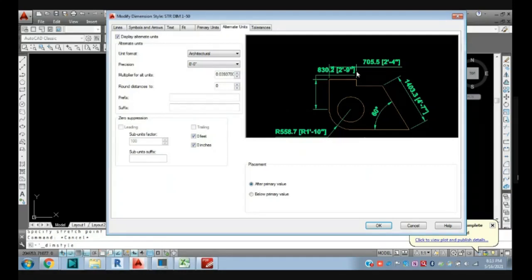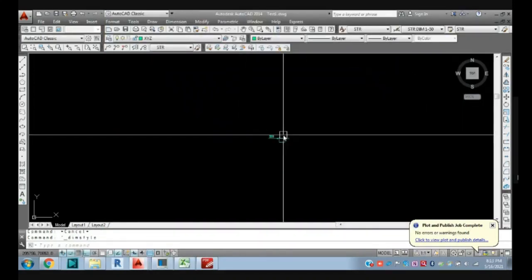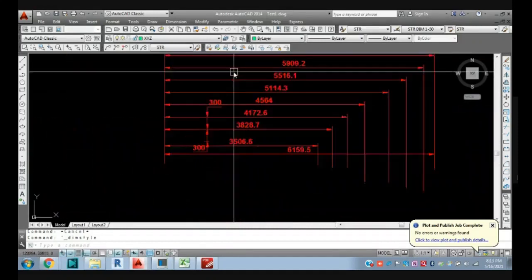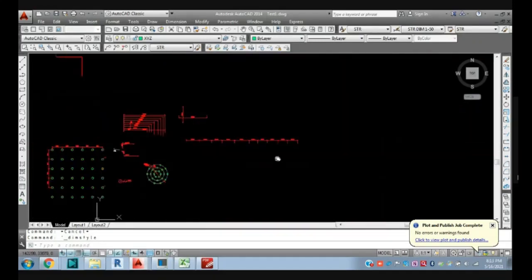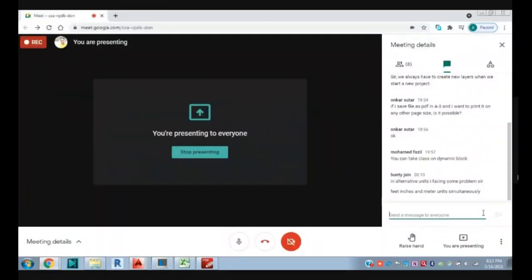Suppose you have received the inputs in feet and inches, and you want to give some millimeters, and you want to check that your dimension is as per architectural units, so you can check this. Once you're done with that, just untick those options. Otherwise all dimensions in the entire drawing will look with the alternate units. So just add the multiplier units as per your requirement, and you will get the result.